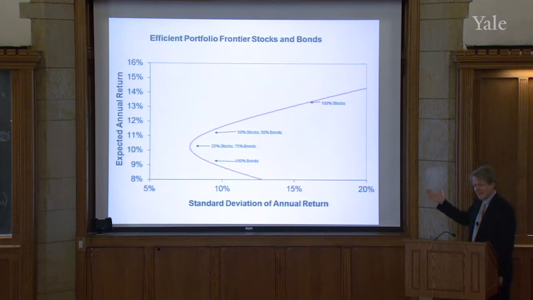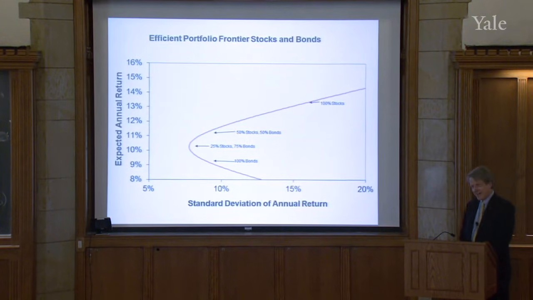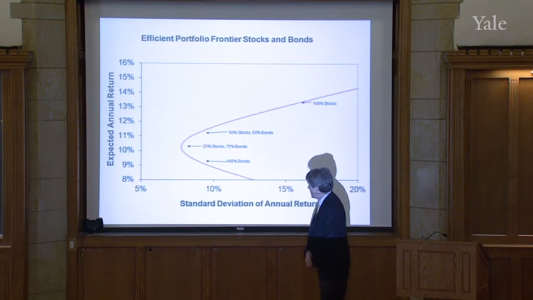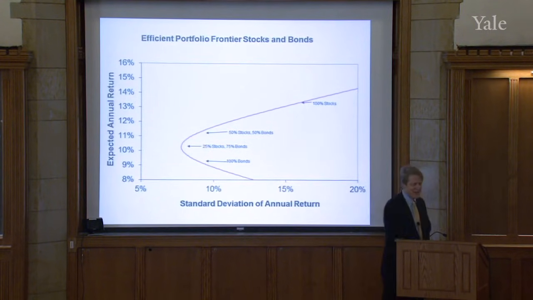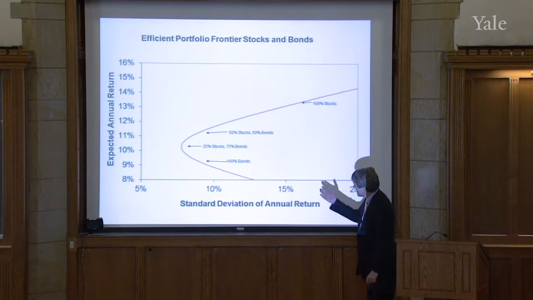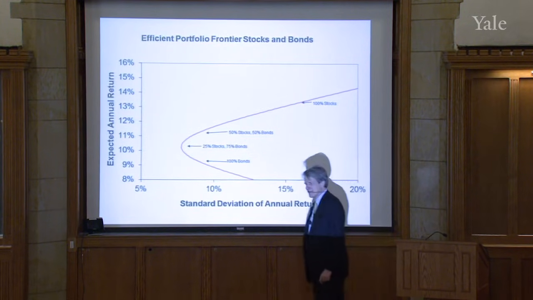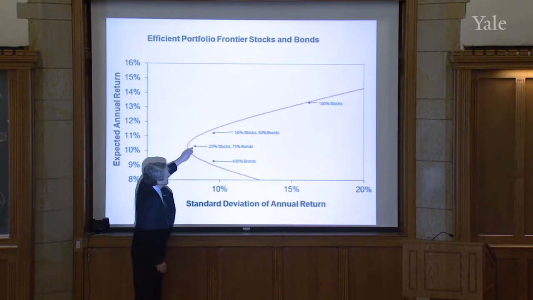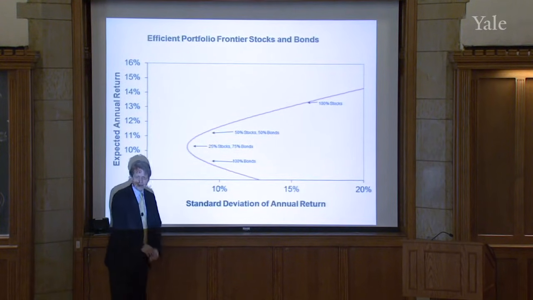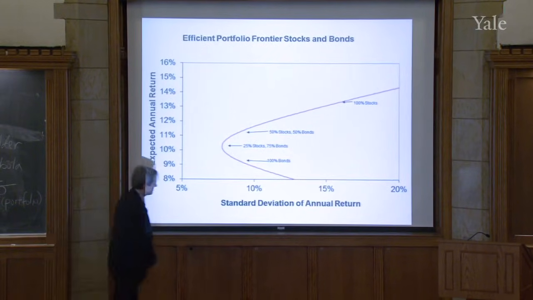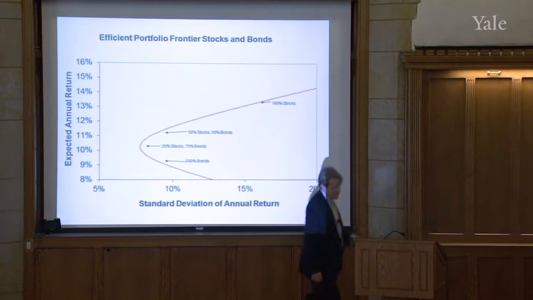And this simple diagram has just taught us something about investing that's not obvious until you think about it. I've just told you never invest only in bonds. But it doesn't tell you how much in stocks and how much in bonds. Once you're above this point, it seems to be a matter of taste. There isn't any single decision that you can make. So